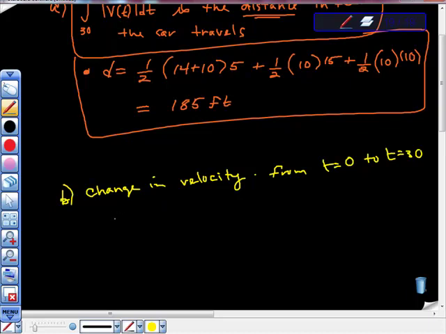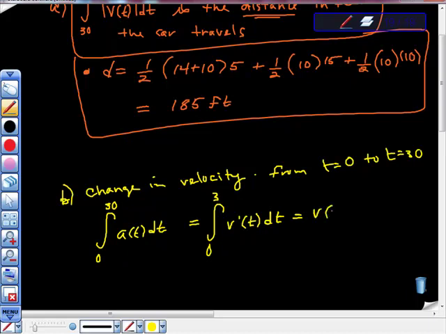What I do want to write is some good calculus for them, so I want to write that it's 0 to 30 of A of t dt, I apologize, A of t dt is 0 to 30, right, of v prime at t, right, because v prime at t is A of t, isn't it? Right, because the first derivative of velocity is acceleration. So it's equal to v of 30 minus v of 0